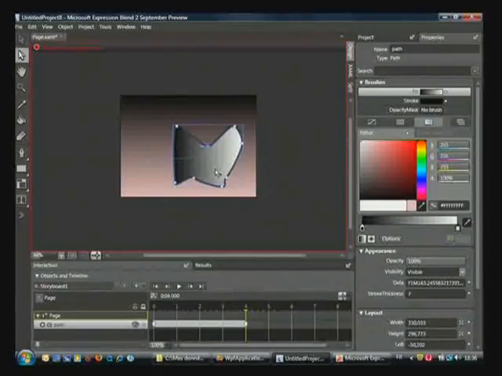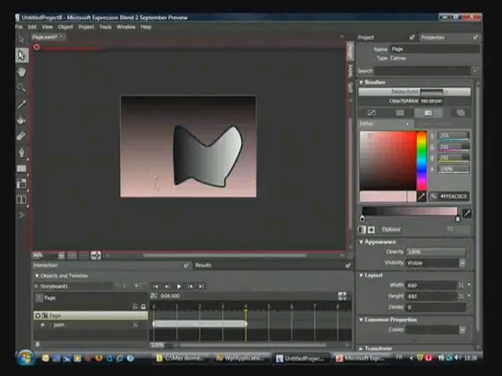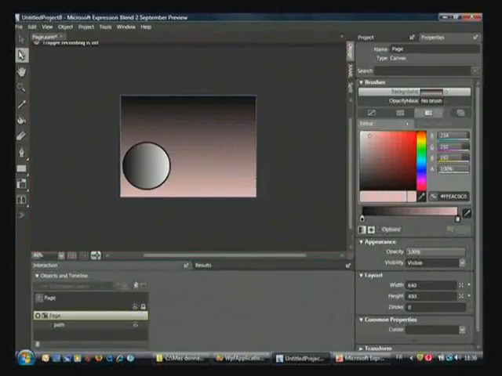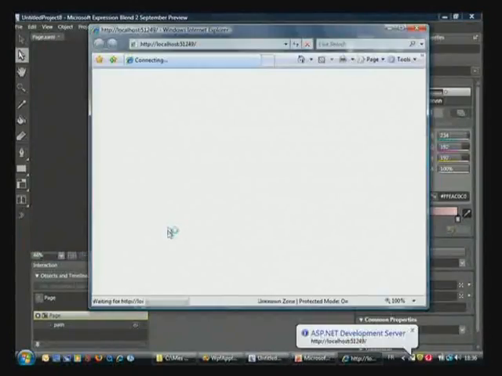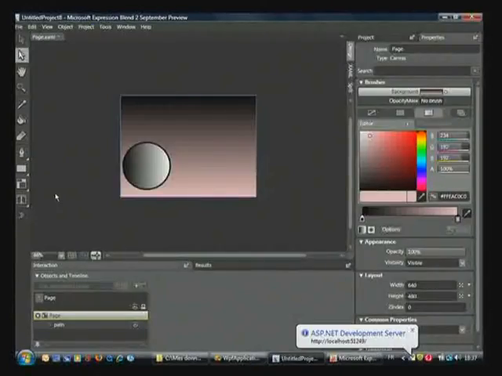Okay. If I launch the application, nothing will happen because the storyboard is not fired. Now what I want is to fire this storyboard. So just have a